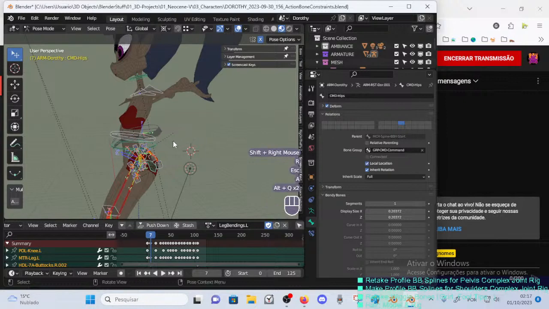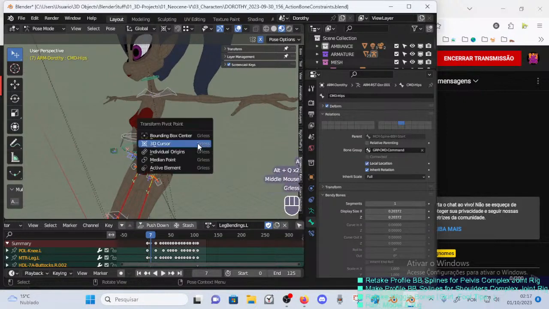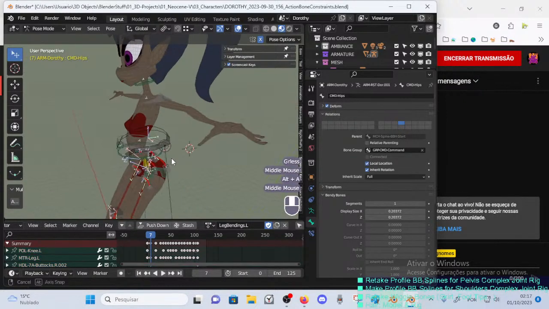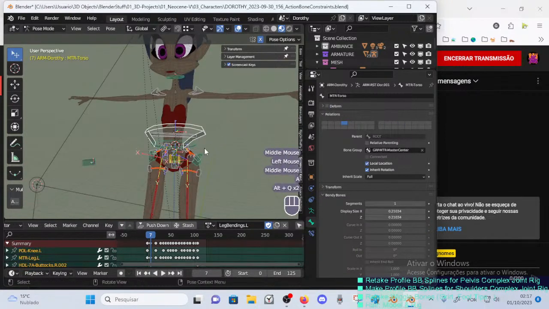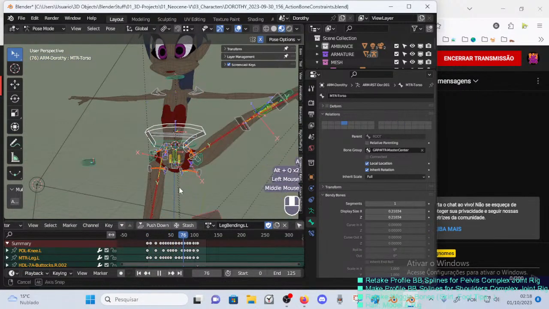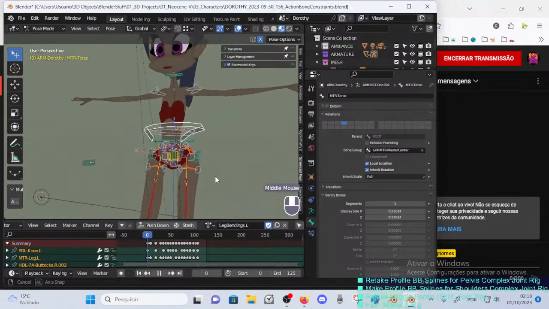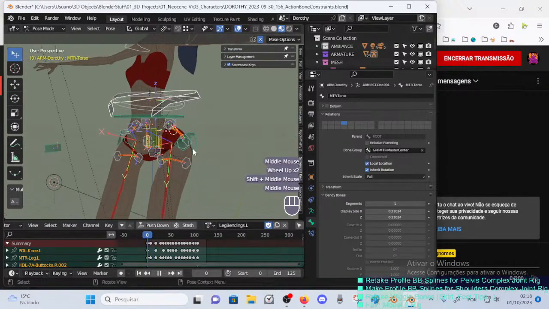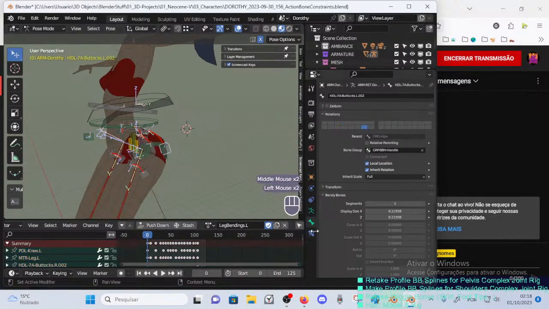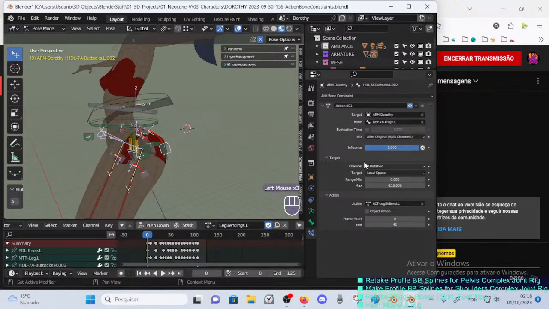So let's go back here. I need the individual. Then we are going to continue now. Currently only the back bending is animated there with the action bone constraints. I'm going to do the same. Actually, we're going to add more of this action bone constraint, but related to